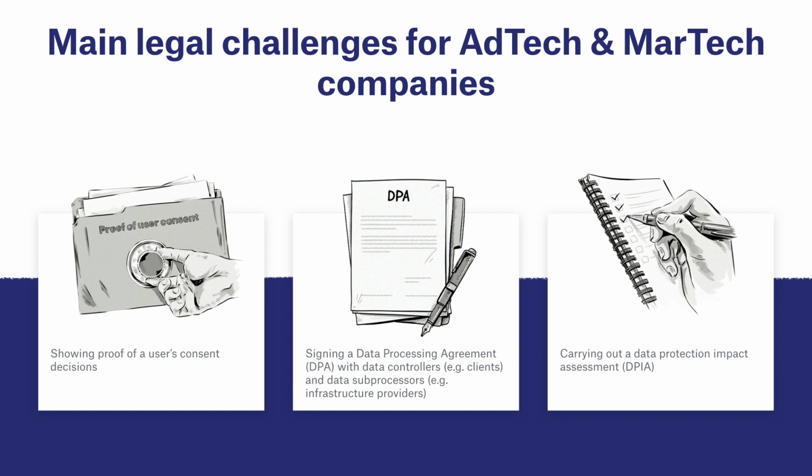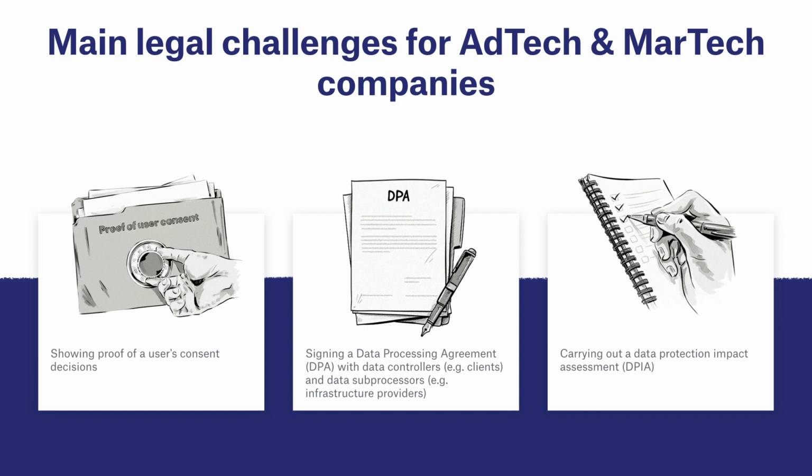Now let's look at some of the main legal challenges for both AdTech and MarTech companies. The first thing to note is that AdTech and MarTech companies will need to be able to prove that they've received clear and unambiguous consent from users to process their data for specific purposes, for example, to show behavioral ads. Now, this is particularly tricky for AdTech vendors that receive consent decisions from other vendors and not from publishers directly. There was a case back in November 2018 where the French Data Protection Authority, CNIL, ruled that consent collected by mobile DSP vendor Vectory was invalid because it received it on the basis of a contractual agreement with another data controller rather than explicitly from the user.